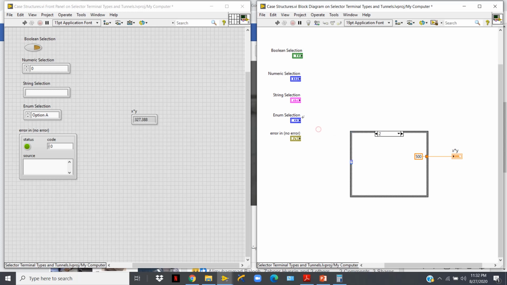Similarly, you can connect an enum with the case selector. So right now there are 3 options in the enum: option A, option B, option C. If it's option A, you see a random number will be multiplied by 1000 and the output will be shown. If it's option C, it will show constant 500, and if it's option B, it will show 1000. Right now it is option A, so a random number will be generated. See here,